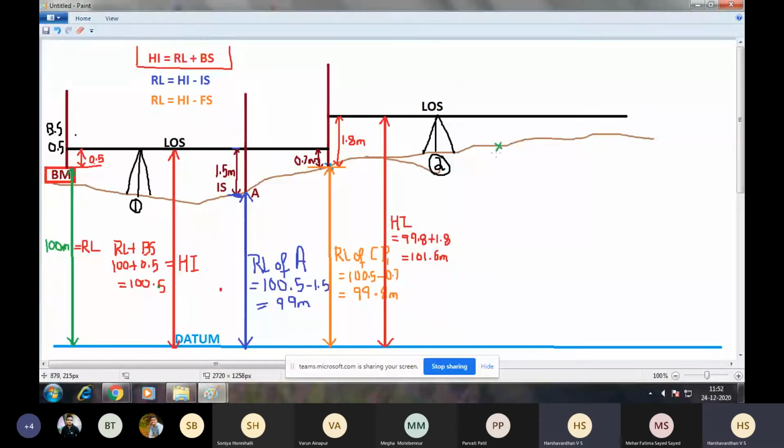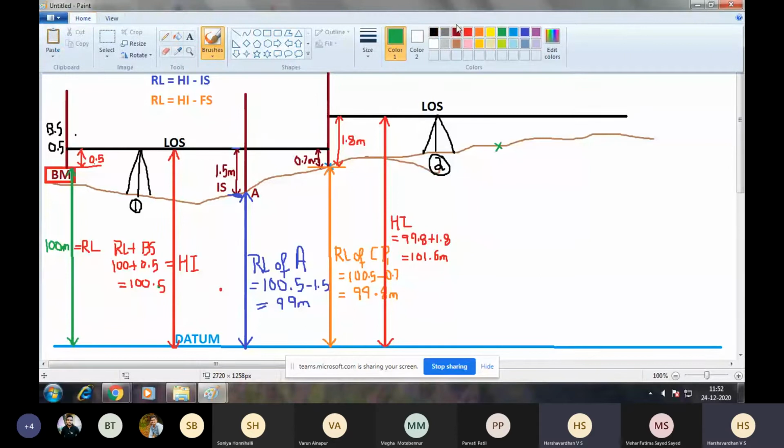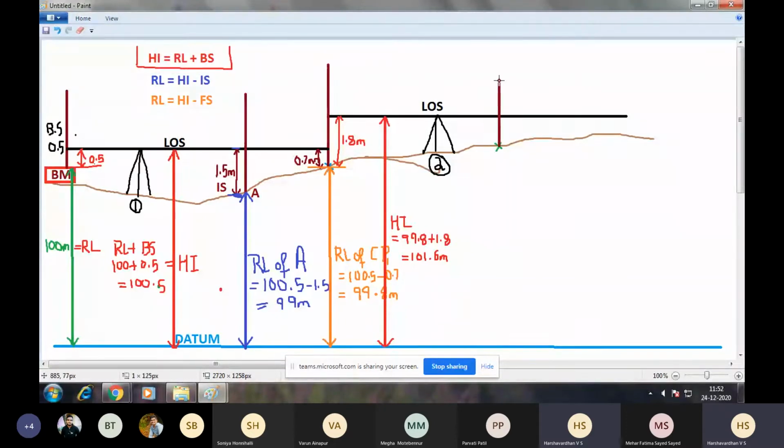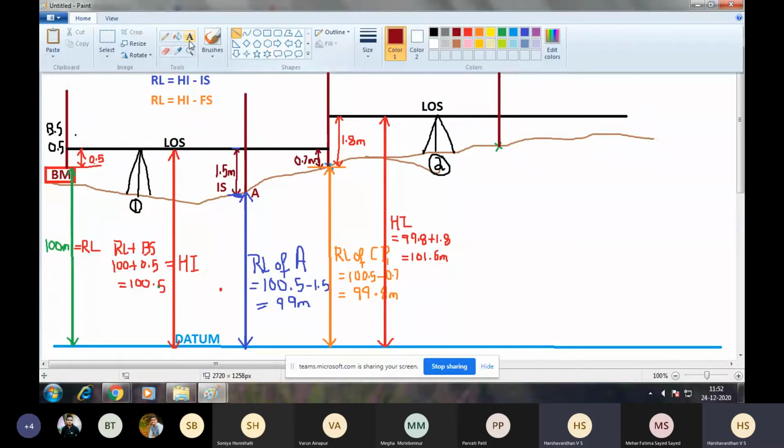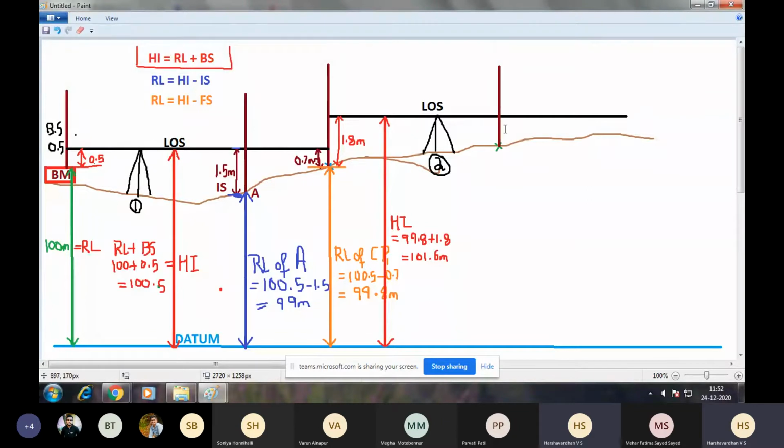This point is the floor of the first year block. I'll hold the staff here and take the staff reading, and this staff reading is 1.3. So I'm getting a staff reading of 1.3 meters.